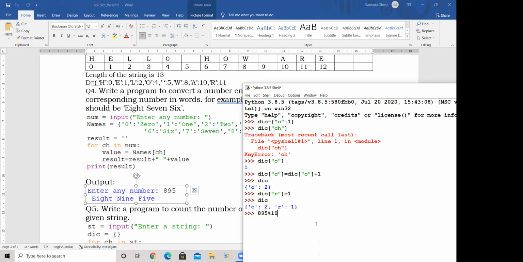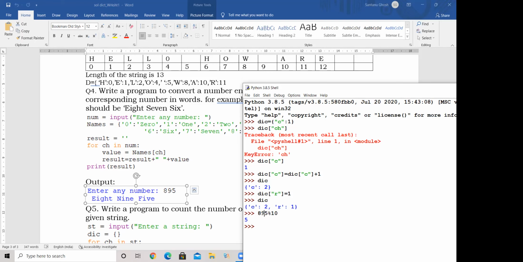Can somebody tell me? What is the answer of 895 modulus 10? Modulus operator you have done. It gives you the remainder. 5. Have I not extracted the last digit? Yes, the last digit I can get directly by 895 modulus 10.